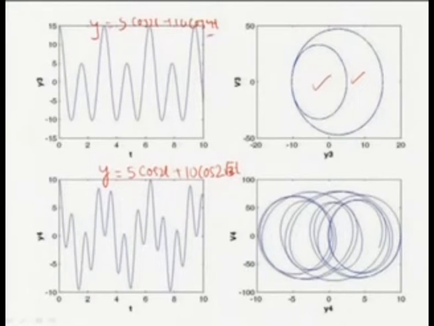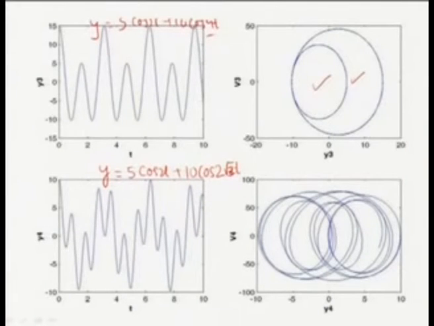So, this is 2 root 3 by 2. So, this is root 3, clearly root 3 is an irrational number. So, by using an irrational number you can see the response is not periodic, it looks approximately periodic, but actually this is not a periodic response. So, if one plots the phase portrait, one can observe that the phase portrait is not similar to that in case of a periodic response.